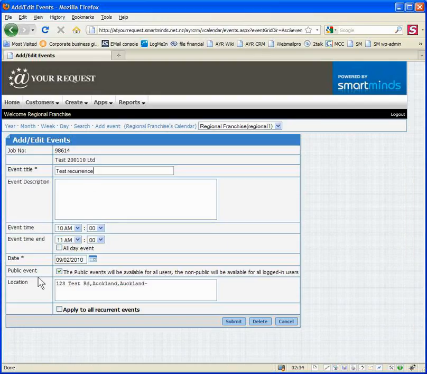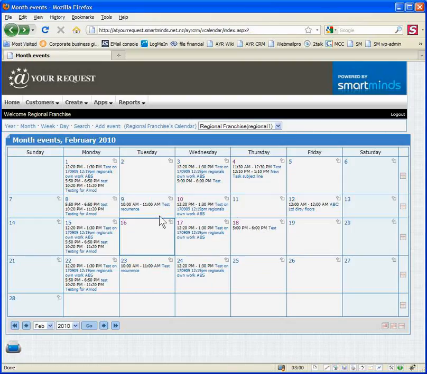Now, a good point to raise here is that the recurrence section is no longer available. If you need to change the days on which a recurrence occurs, or the frequency on which that recurrence is on, then what I would suggest is that you set up a new recurring event. So let's say that we don't want it on a Tuesday, but we want it on a